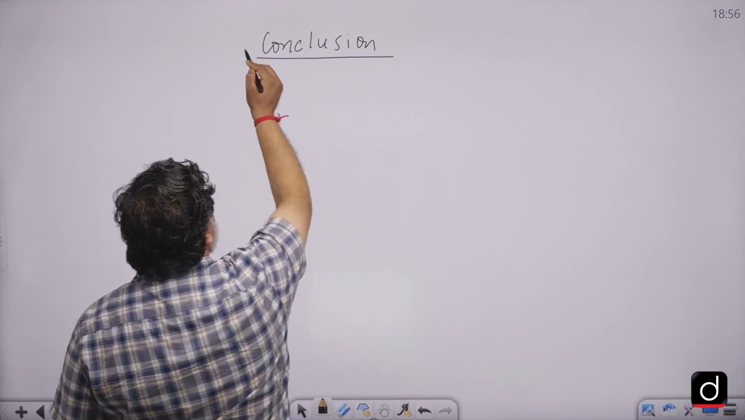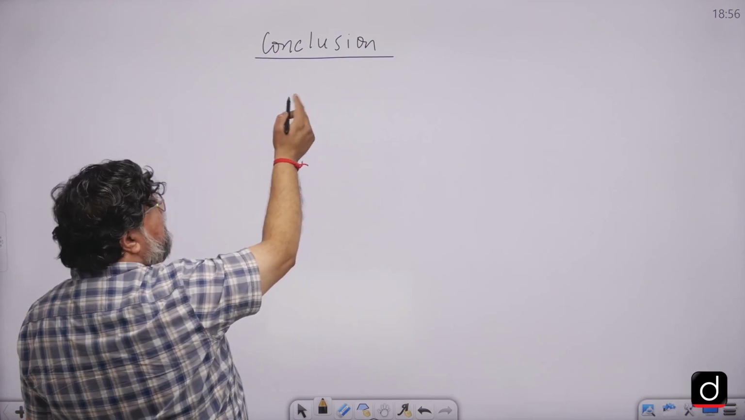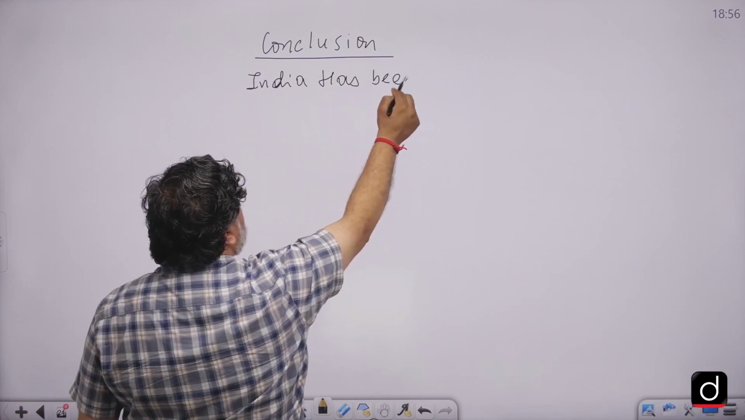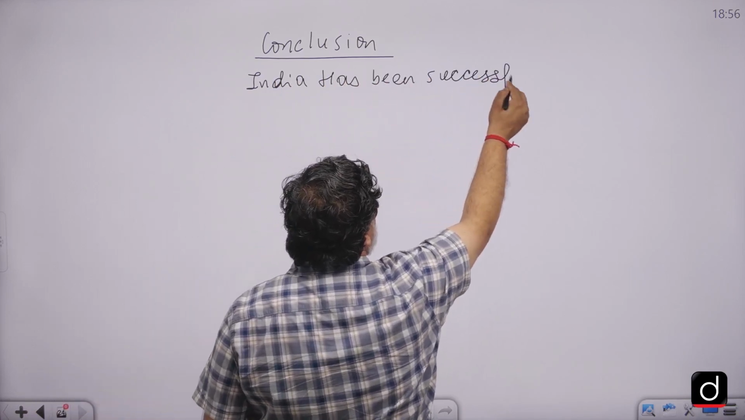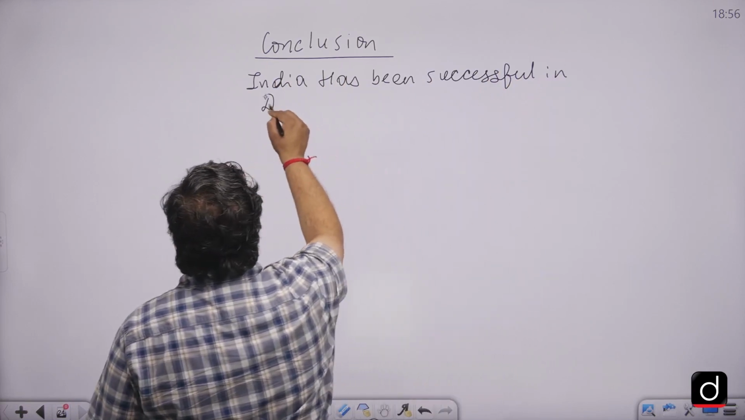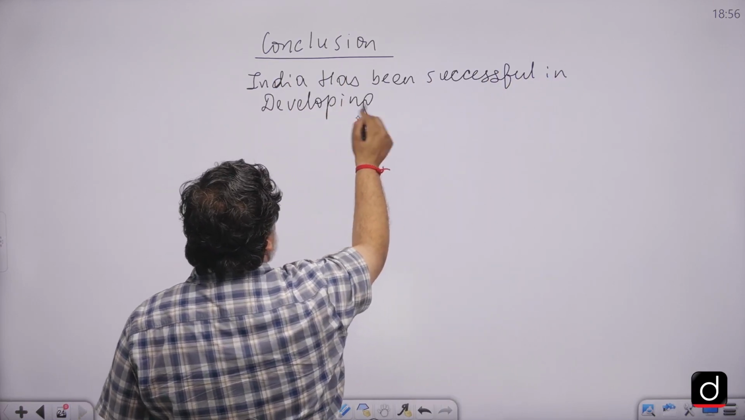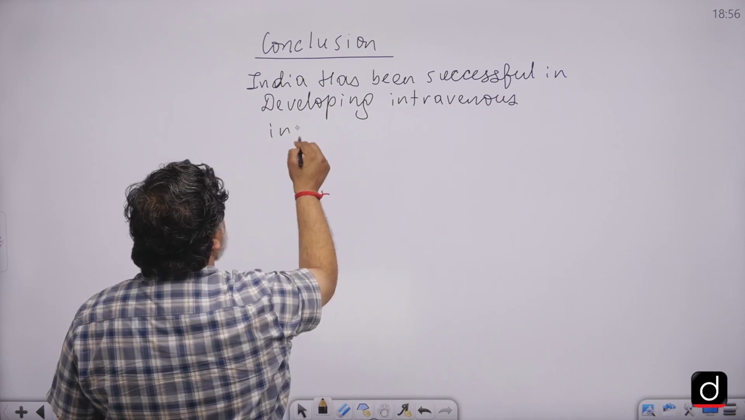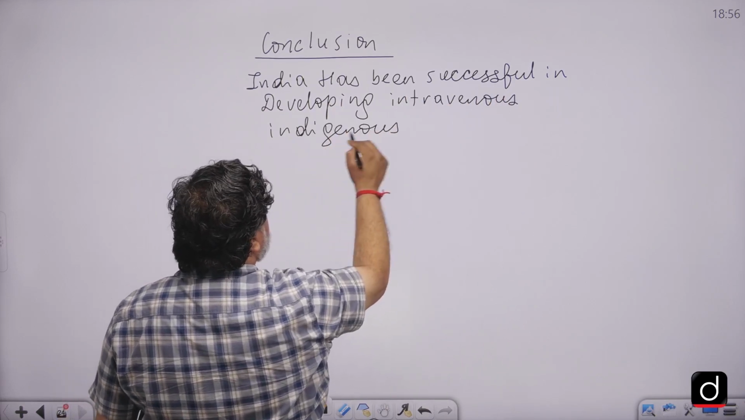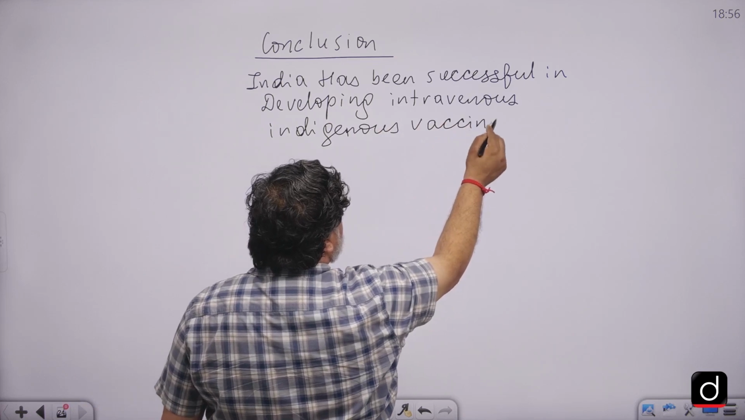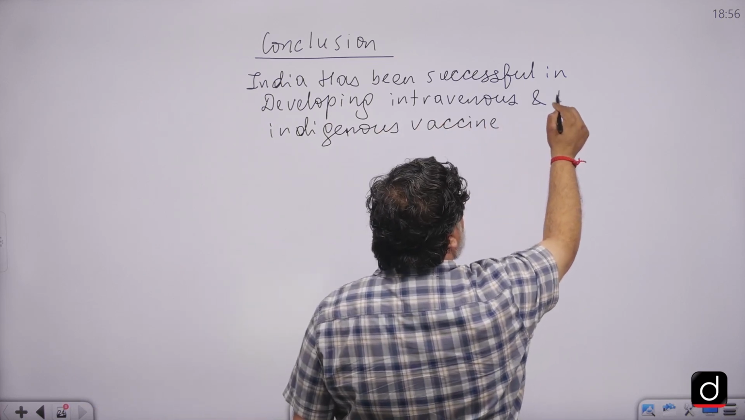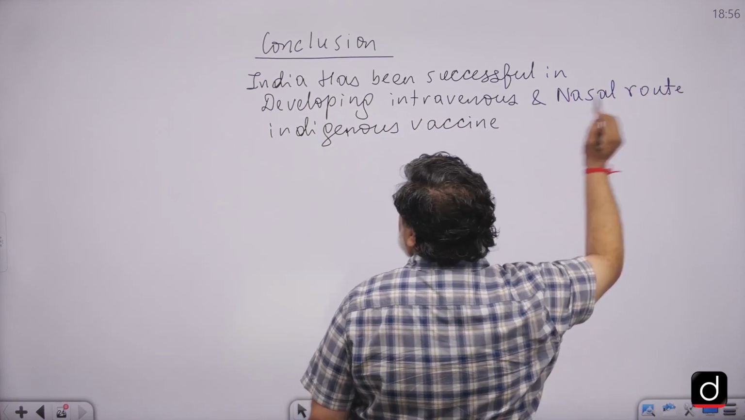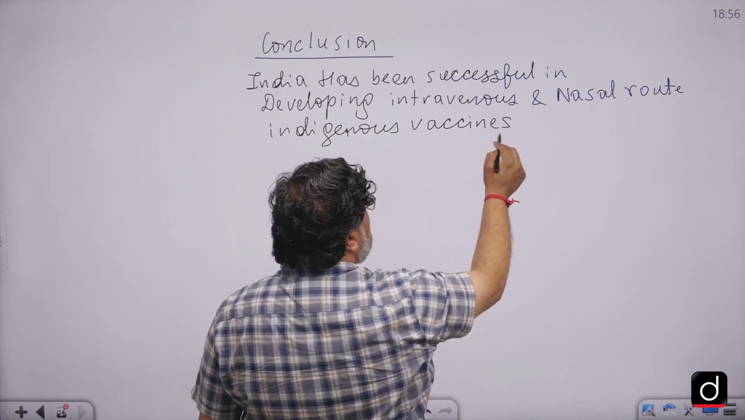Now what could be the conclusion here? You can write that India has been successful not only in developing indigenous vaccines, including intravenous, that is, administered into the blood, and now nasal route indigenous vaccines,